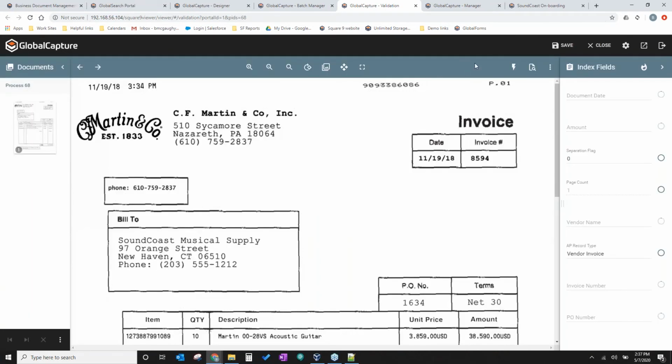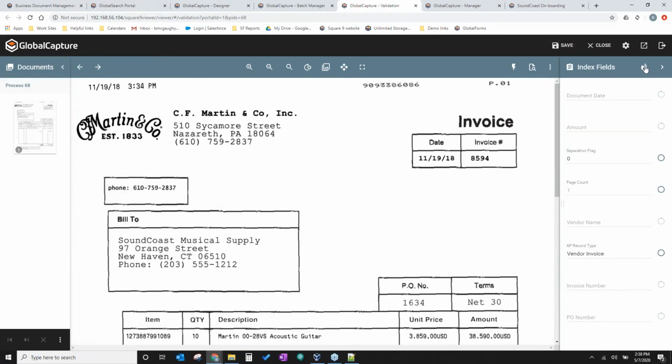So if you're monitoring an email address, a lot of times what happens is the local restaurants find out what that email address is, and they'll start sending you menus, right? So you need a way to get that stuff out of the system. You don't want to have to process it all the way through. So we can delete those documents.